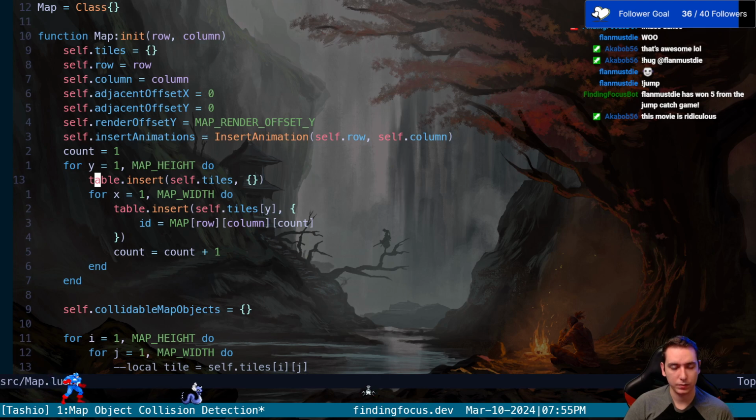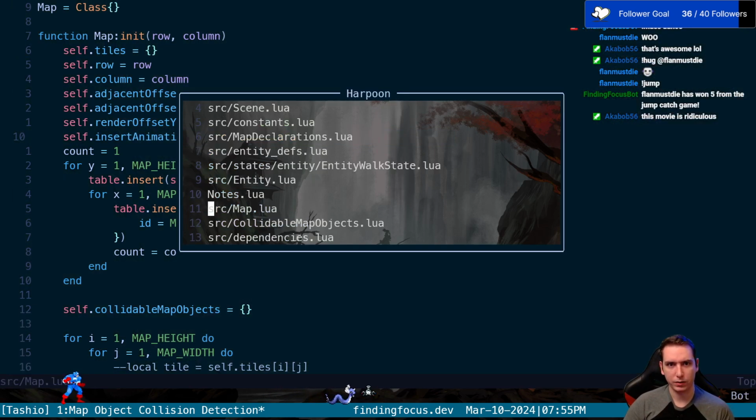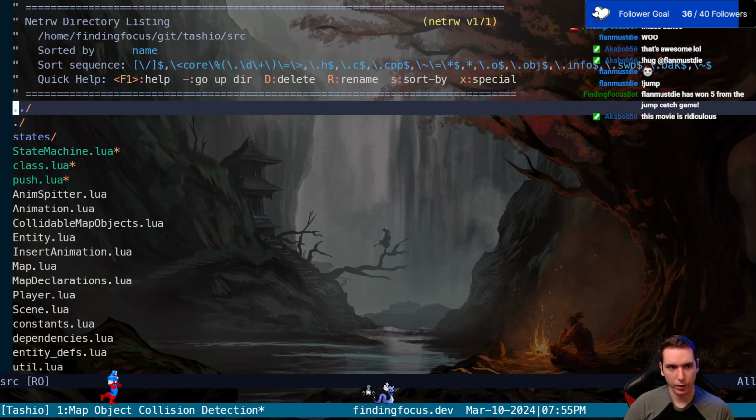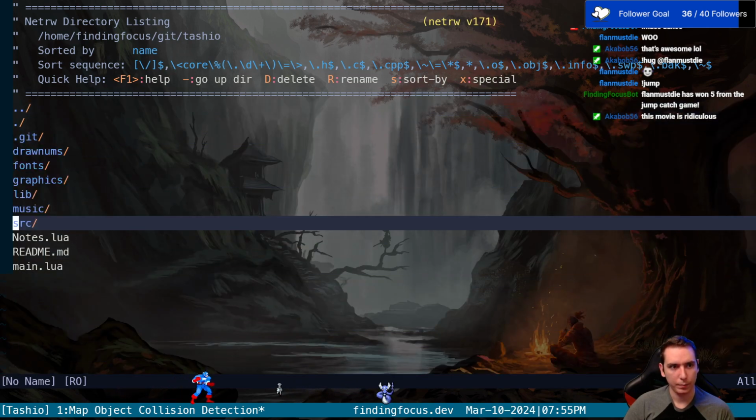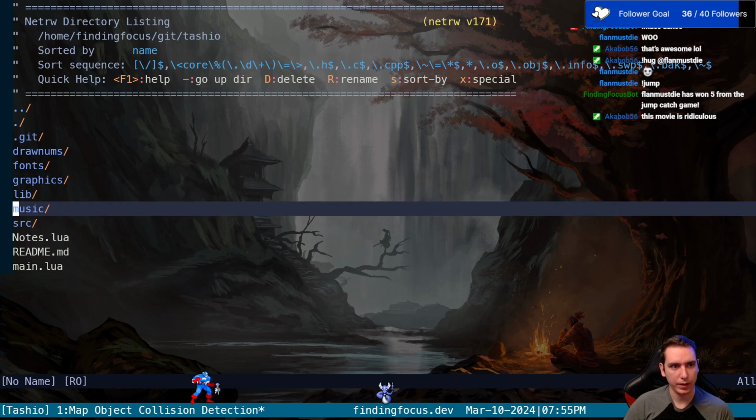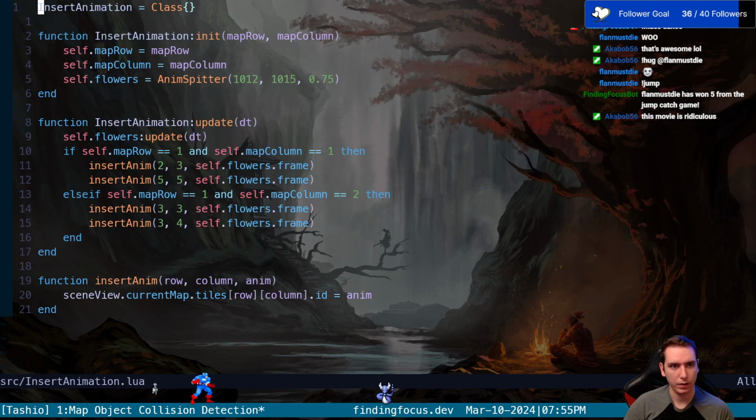We insert an animation object. So maybe our insert animation class is where we're hard coding in the flower. So we'll go try to find that. Insert animation here. Yeah, we need to change this, because this